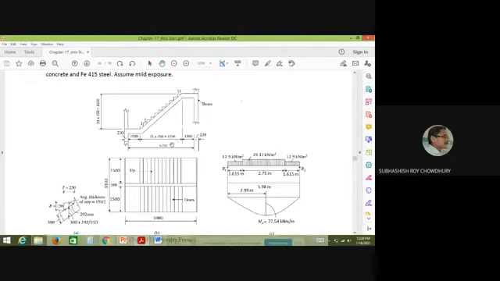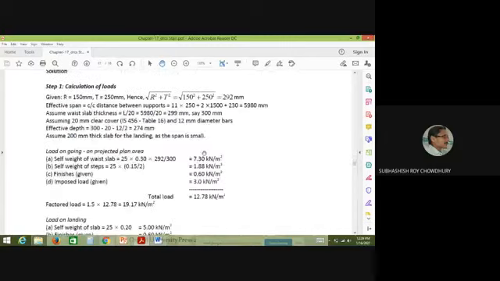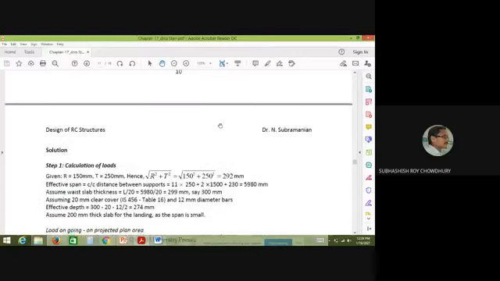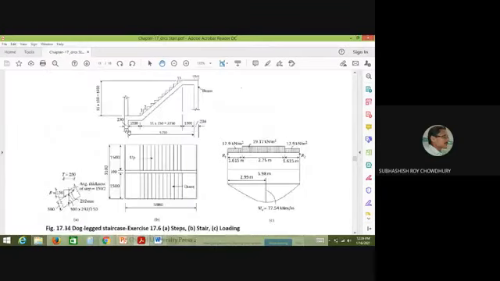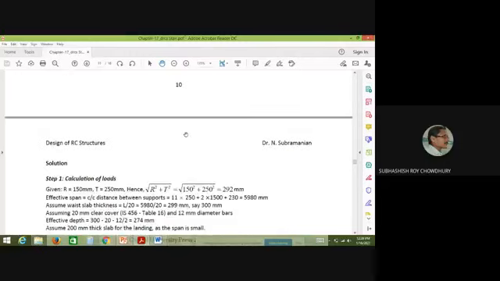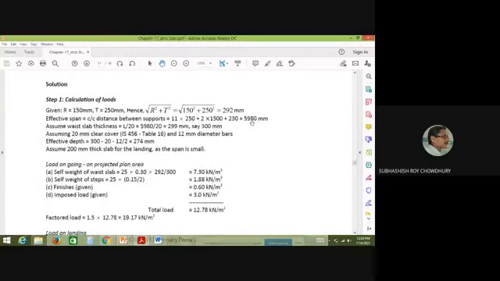Then this is 1500, the width of the landing part. And there will be the width of the wall. So they are calculating the effective span as the center to center distance between the supports. So 11 into 250 is the going part, 2 into 1500 is the landing part, and half of 230 will be considered at the left end, half of 230 at the right end. So the effective span will be the total sum. If you calculate, it will be 5980.